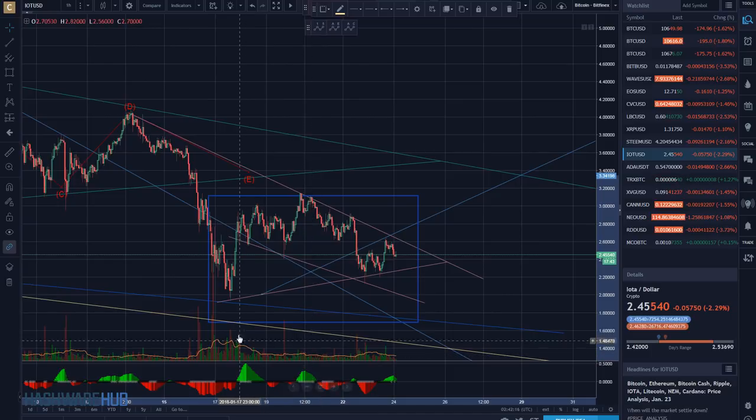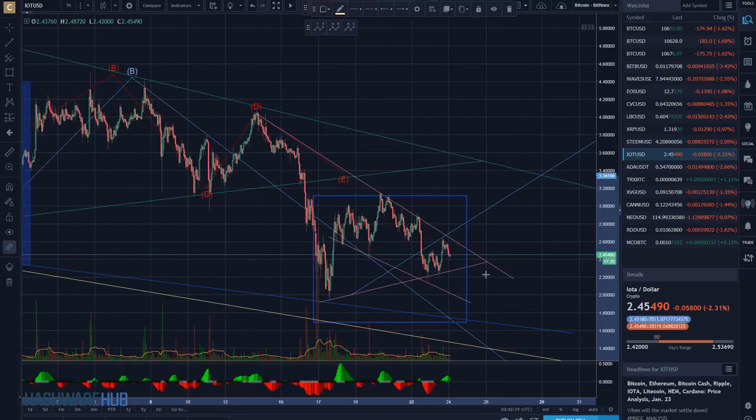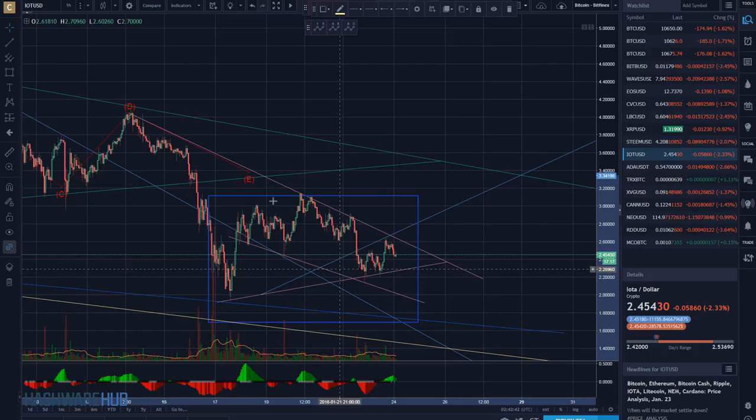One of the things I don't like is that the volume is not nicely declining. So since it's not nicely declining, it makes me believe that if it is a triangle, it's not such a nice one. It's not really going to adhere to what the pattern should be for a triangle. But I leave it up there just because you need to have a lot of this information out here in front of you, especially if you're looking at a lot of charts, you need to keep a lot of this stuff up here. At least I do. I can't memorize 50, 60 charts down to every last thing that I did to them. I just can't. Maybe some people can.